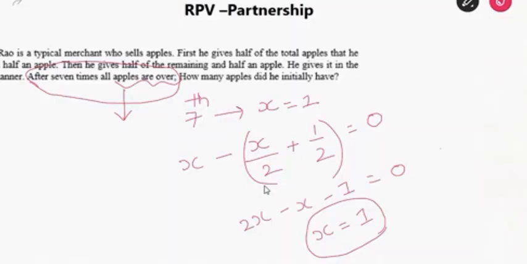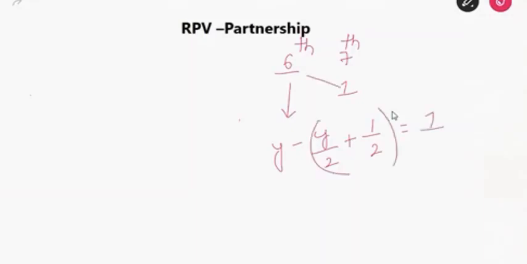Now see here, let us do one more iteration, then you can get very easy clarity. For the 7th time he has 1 apple. Let us start with the 6th time, right? Now for the 6th time, if he has y apples, in this y apples he will be sharing half of the apples plus half of the apple. And how many apples will be left over? 1 will be the leftover apple. Am I right? Right, very good. Now again do this. 2y minus 1 is equal to 2, y is equal to 3. Now see here, for the 6th time Rangarao is left with 3 apples, right?